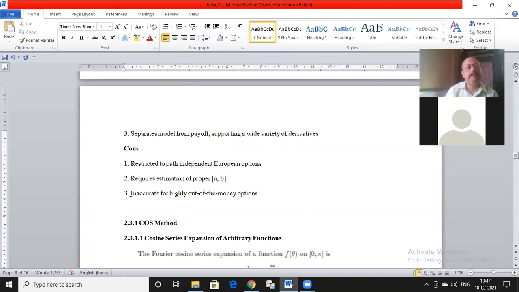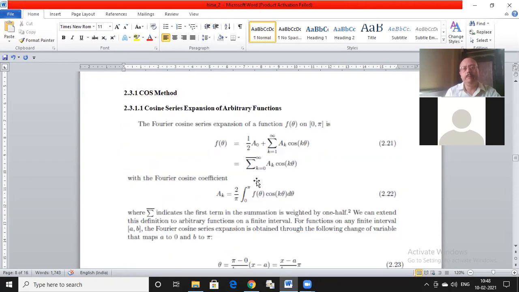And again, like the other Fourier transform methods, the cosine method will be inaccurate for highly out of the money options. So that disadvantage stays. What we are getting in addition by using the cosine method are, first, it is faster, and secondly, it can separate the terminal from the series expansion, so a wider variety of payoffs can be accommodated. So that's the premise for studying this additional method. And this additional method is a little different, so it is going to be a little bit complicated in terms of the expansion.